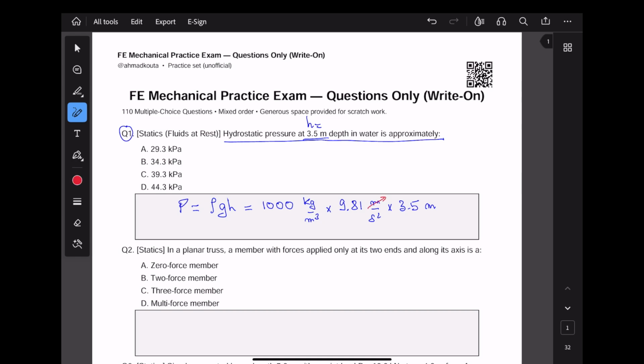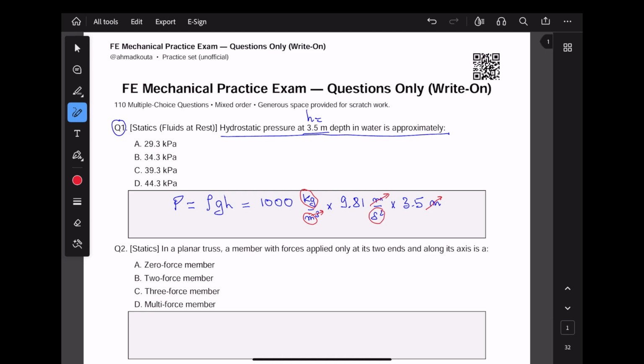Meters and meters above cross out with meters squared below, so the 3 is crossed out. The units left are kilograms per meter second squared. This is equivalent to the unit Pascal. So we'll have the answer in pascals, but we need to convert it to kilopascals because the options are all in kilopascals. Using a calculator, multiply 1000 by 9.81 by 3.5, and you'll get